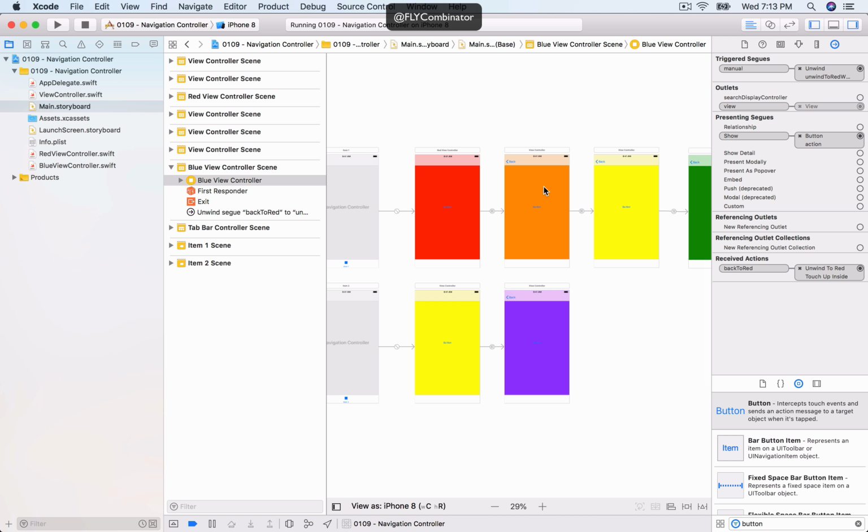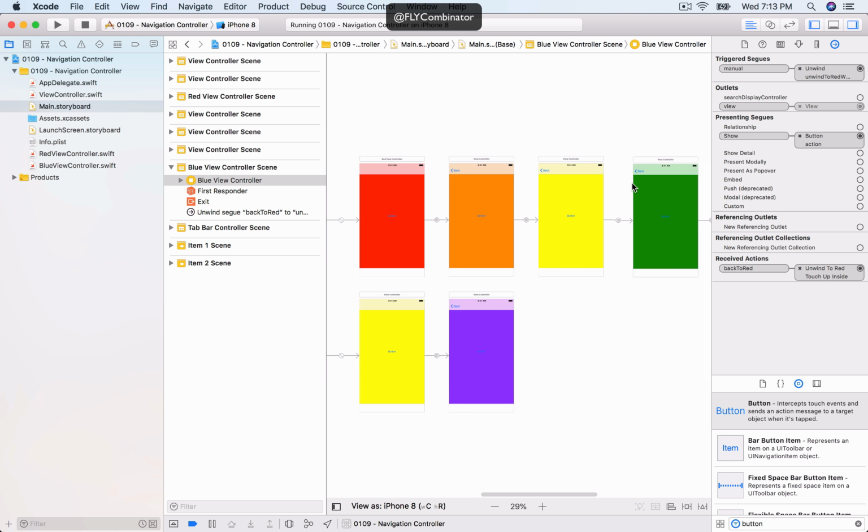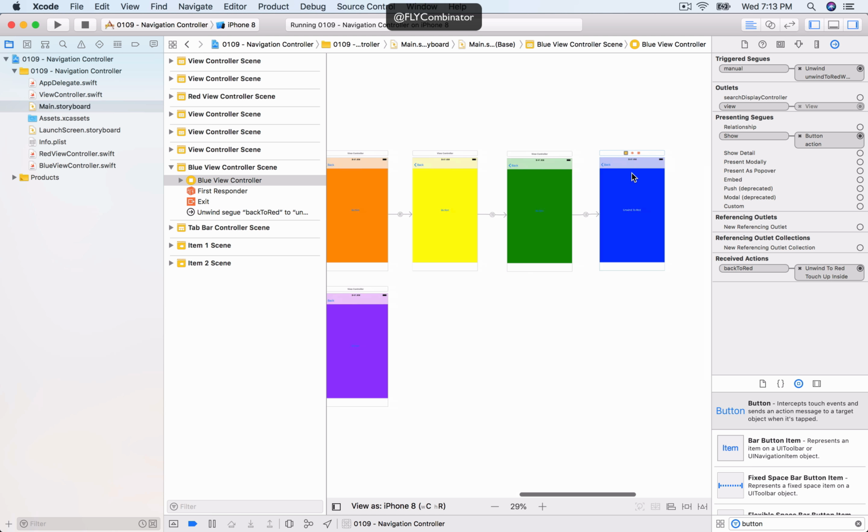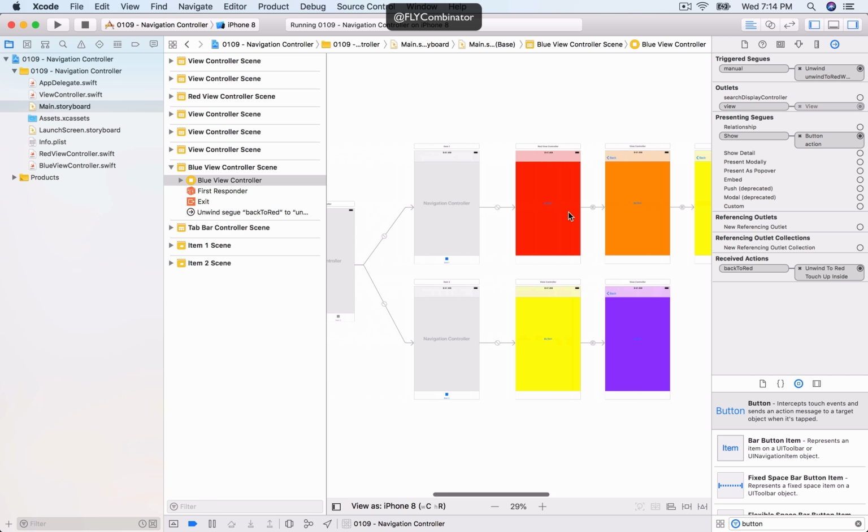In a certain section, they move to a certain day. And to a certain day, they move to a certain article. And from a certain article, they dug down into a different article. And there was a button that said, like, I'm done reading this whole section. Let's go back. They would press unwind, and they would go all the way